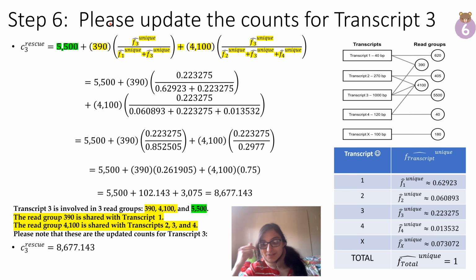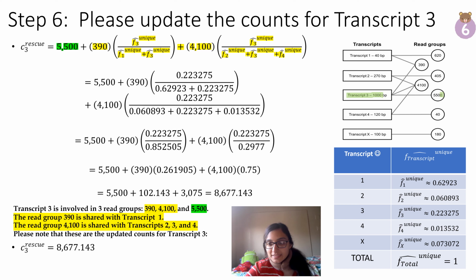Next, since we're doing the same process again, we're going to focus on transcript 3. What we notice is that transcript 3 is involved in these 3 different read groups: 390, 4,100, and 5,500. So which groups really belong to it? Same thing again, we notice for transcript 3,